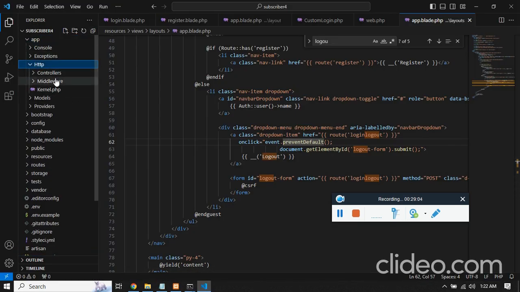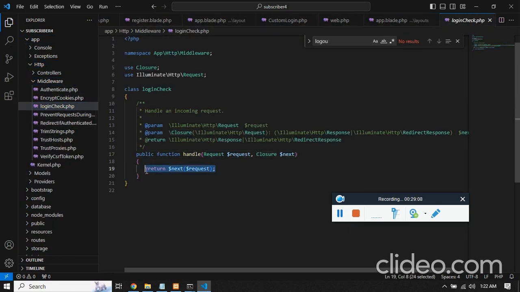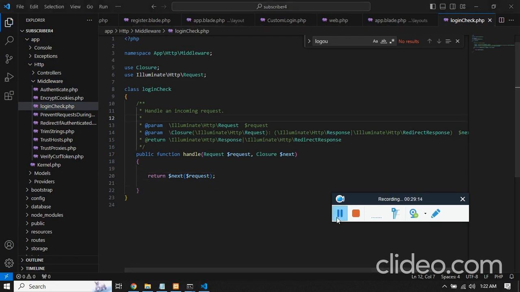Once the middleware is created, it will be inside app, http middleware, and a login check. And before proceeding to the request, we need to make sure whether the user is logged in or not. If the user is logged in, then proceed to the request. If the user is not logged in,